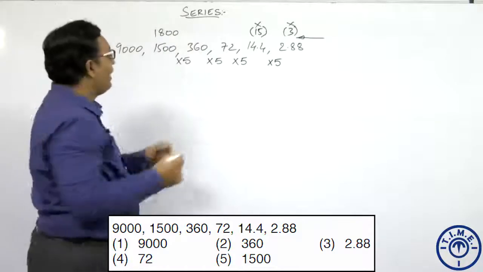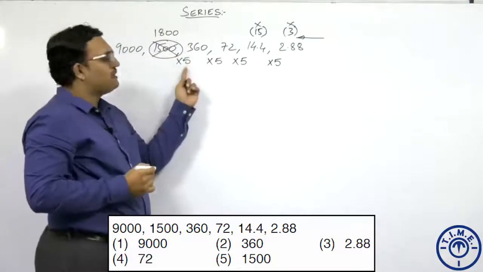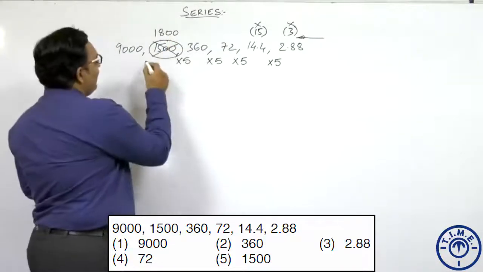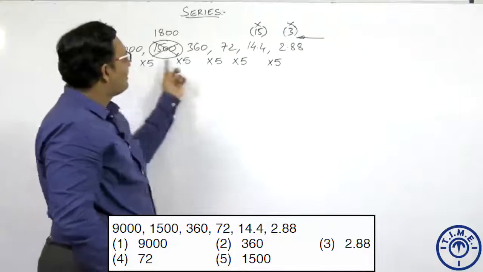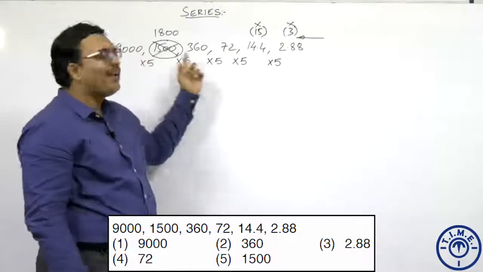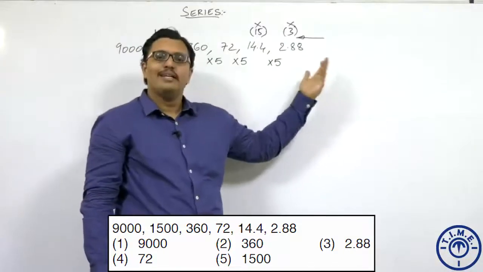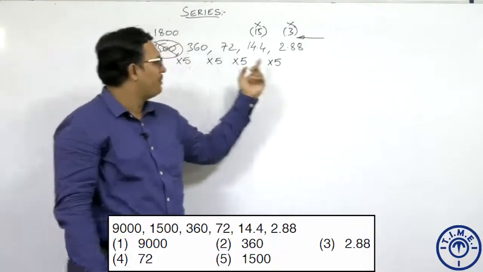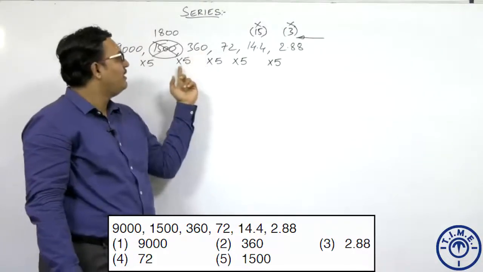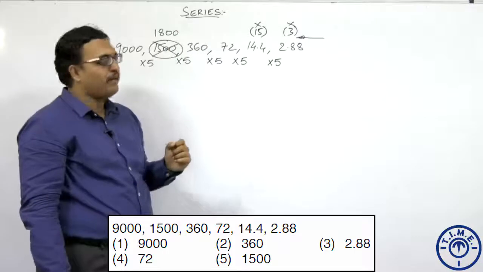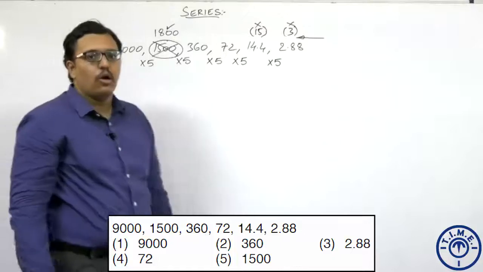But what is the number given here? 1500. So the number given here is the wrong number in the series. When you multiply 360 into 5, you are going to get 1800. Similarly, 1800 multiplied by 5, you are going to get 9000. So whenever there is a decreasing sequence that is given and then there is a sudden decrease in the sequence, it is advisable to start from the right hand side so that you can take multiplication, since multiplication is easier than division. So when you do that, there is a constant multiplication of 5 between the numbers, and when you come to 360 multiplied by 5, you are going to get 1800. So 1800 is the right number, whereas 1500 which is given is the wrong number.